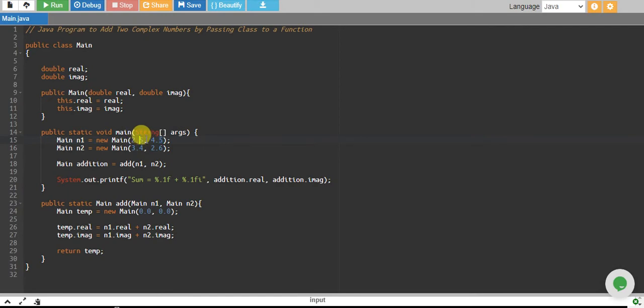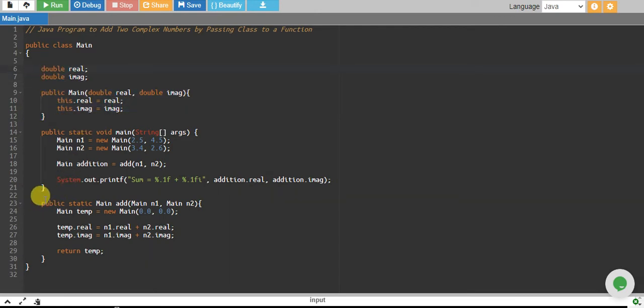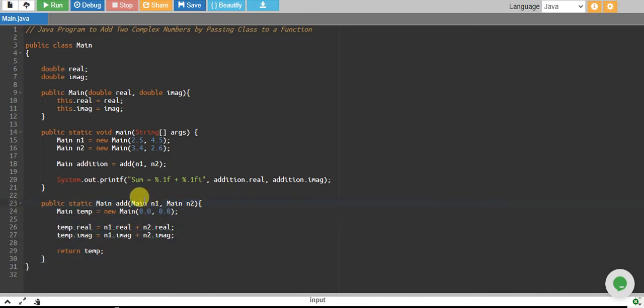So these two numbers are basically coming one into the real number and one into the imaginary number, and then we are assigning these numbers to our variables, real and imaginary. So we are assigning this dot real equal to this real, and this dot imaginary equals to this imaginary. Okay, so we are just assigning these numbers, and then we have created an add method which will take main data type of two numbers, which means main constructors.